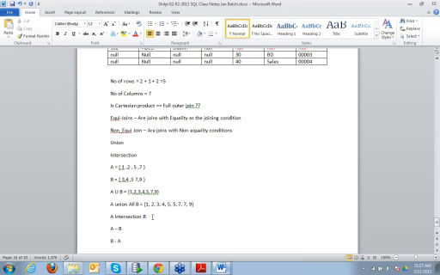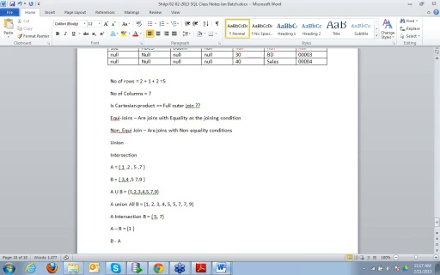Okay, then A intersection B means we have common in A and B, so we have 2 common, we have 5, comma 7. A minus B means those which are present in A but not in B. So is there anything which is present in A but not in B?